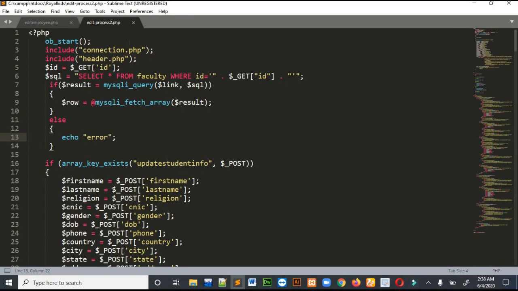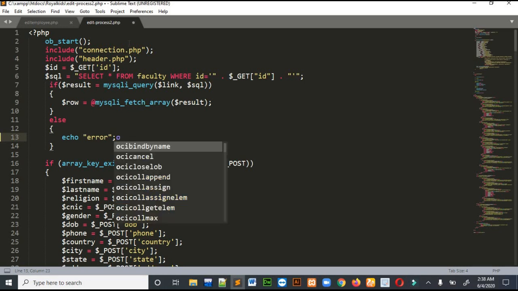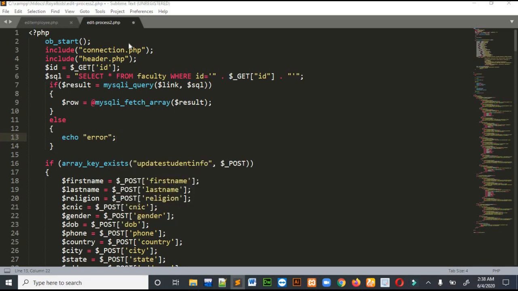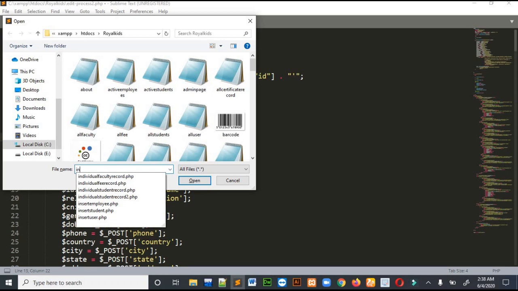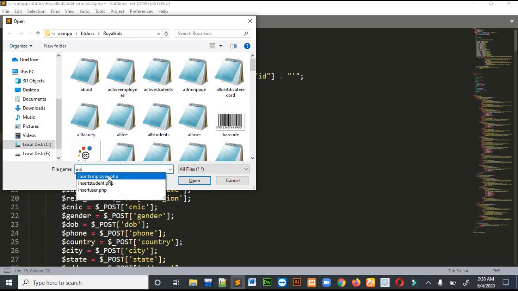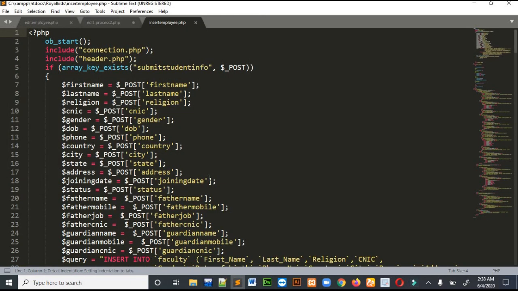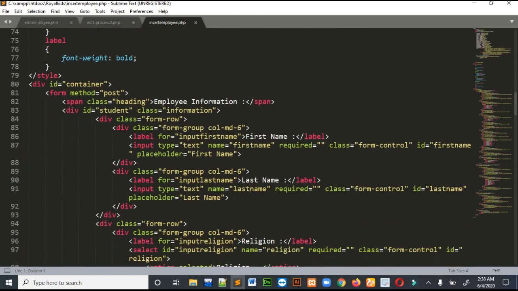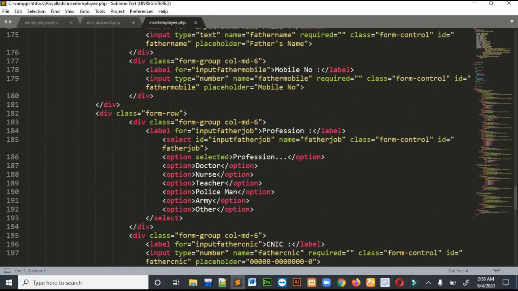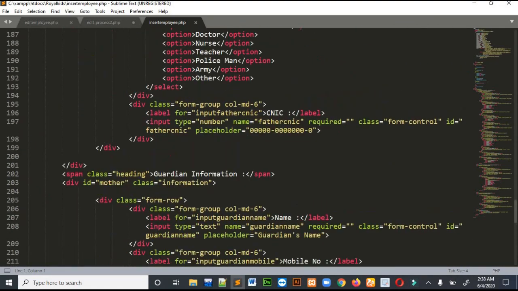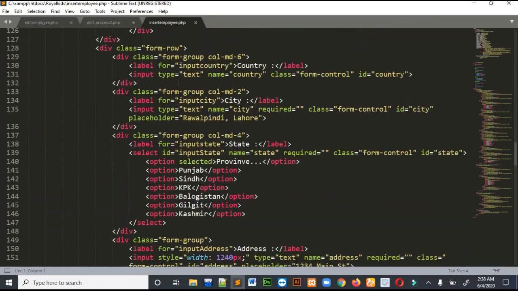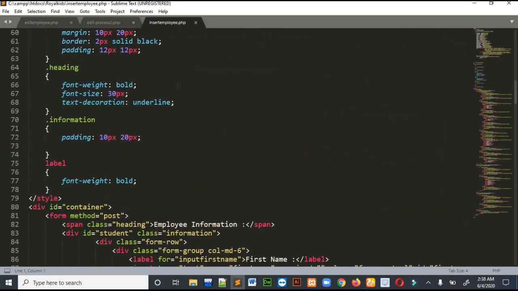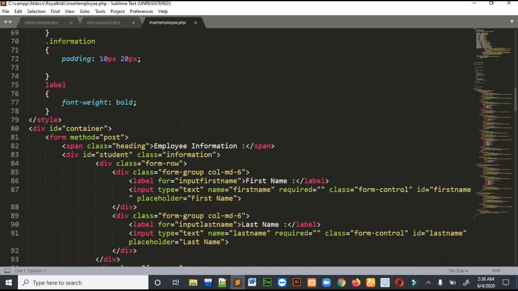So let me just open the file. So this is the code for insertion. Okay, so I will just show you what things I write in the code, instead of writing all the code, because it will take a lot of time.